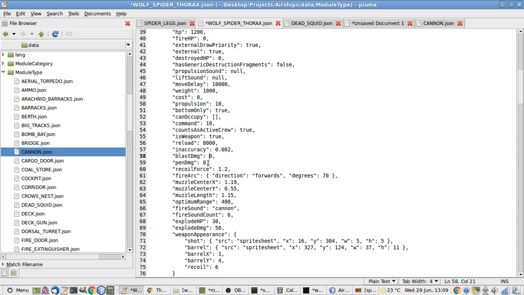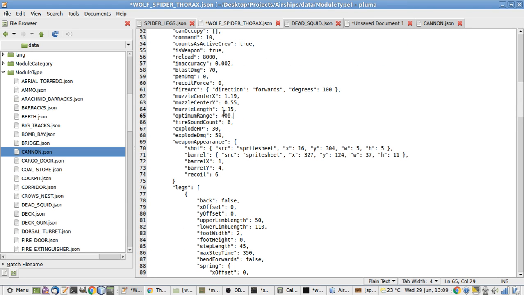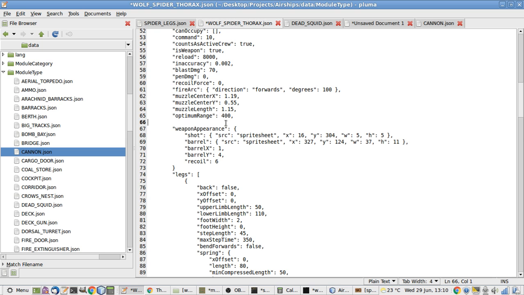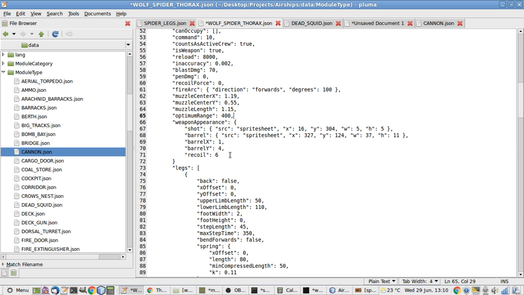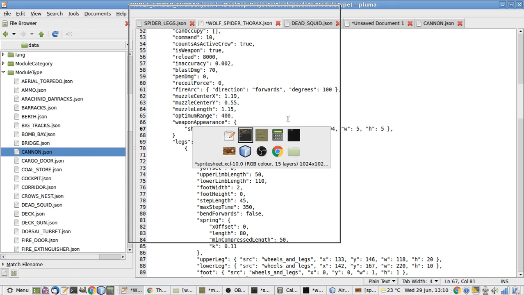Does say 70 points of blast damage. Doesn't really do recoil. Has 100-degree forward fire arc. Doesn't have a firing sound. Honest. Doesn't explode. Honest. Doesn't have a barrel or a recoil. The muzzle center, well,